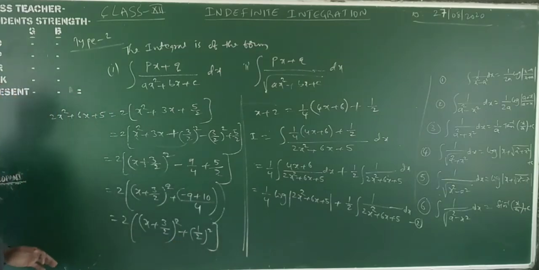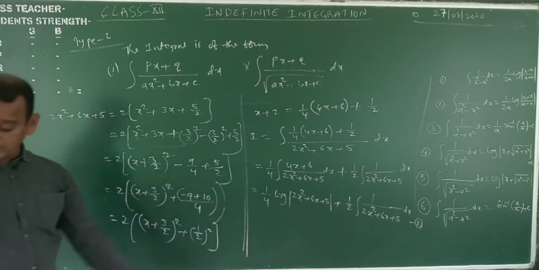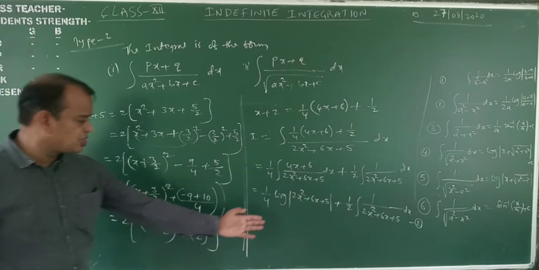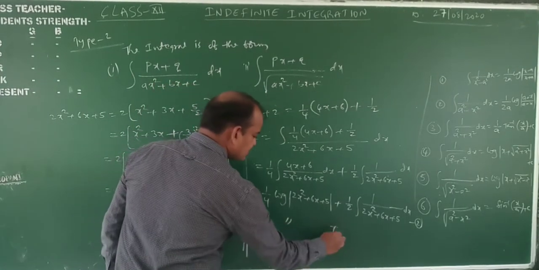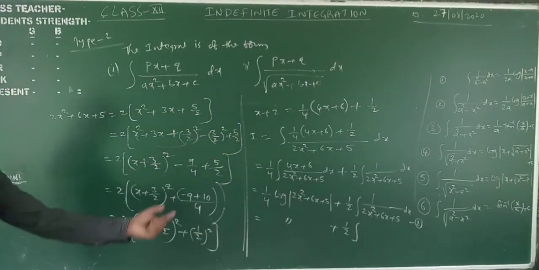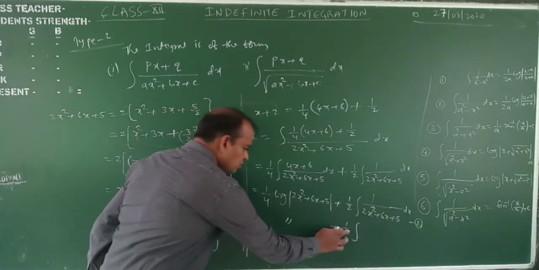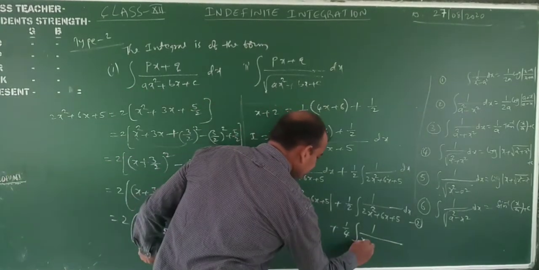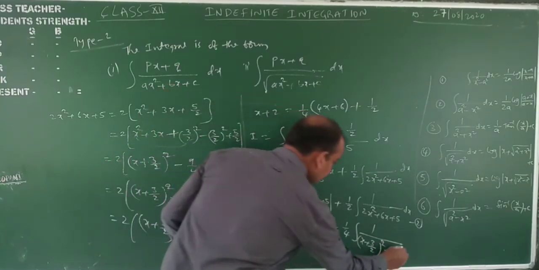This is the process. Now the continuation of that one, equation 2. Now we take the first one, no change, plus 1 by 2 into the integral of 1 by (2x square plus 6x plus 5). Since 2x square plus 6x plus 5 equals 2 into (x plus 3 by 2 whole square plus 1 by 2 whole square), the 2 and 1 by 2 give 1 by 4, times 1 by (x plus 3 by 2 whole square plus 1 by 2 whole square).